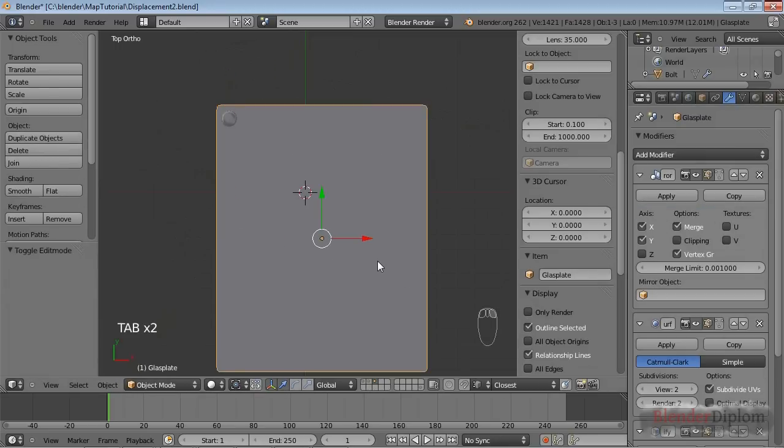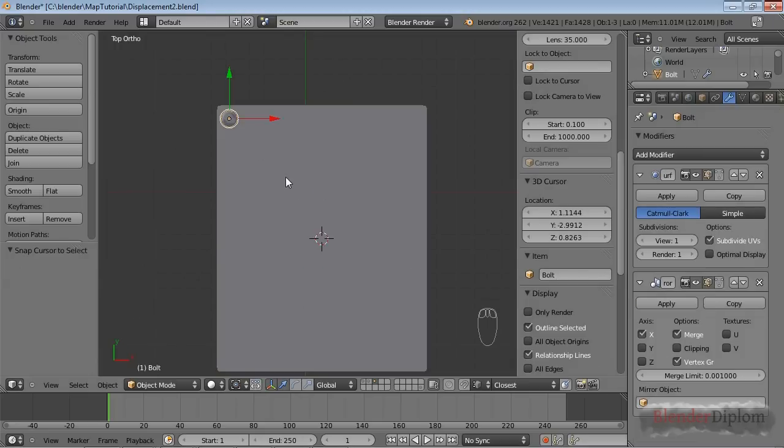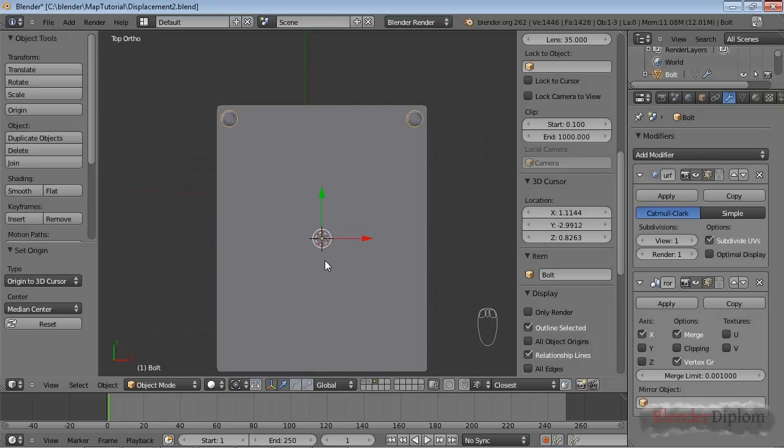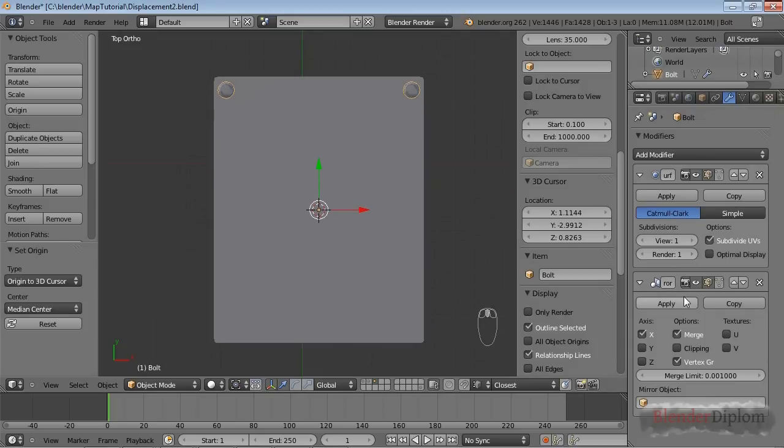Take this plane and press Shift S, cursor to selected. Take this one, Control Shift and Alt C, and select Origin to 3D Cursor. And you can see the mirror modifier is actually mirroring at the center. So if you press mirror in X direction, this will create a hypothetical mirroring axis along the Y axis, and its location will be determined by the center. And let's do the same thing along the Y axis,